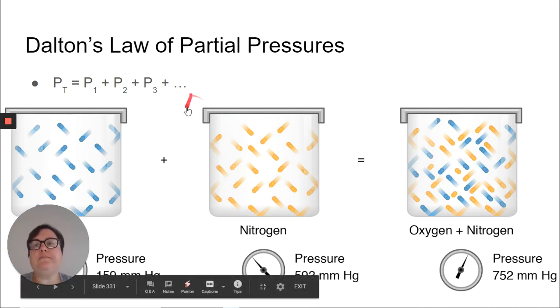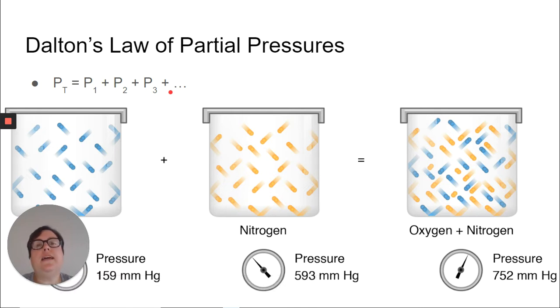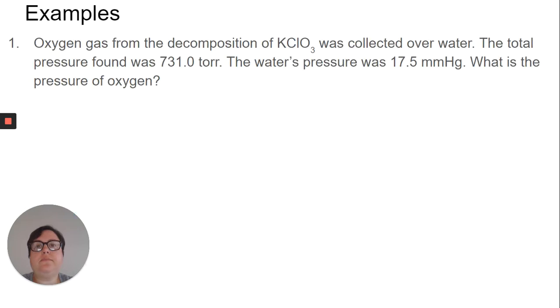And that formula right here is given to you on page 3 of your reference table. So anytime a problem has a ton of pressures together, it simply means that it's a Dalton's Law problem. So we're going to look at two examples. Really important that you label what you're given and what you're looking for so that you can understand what type